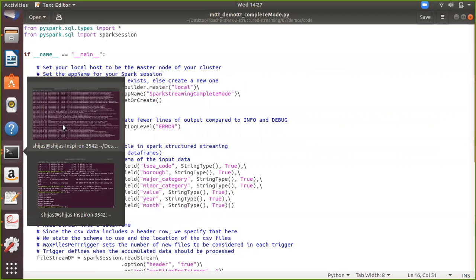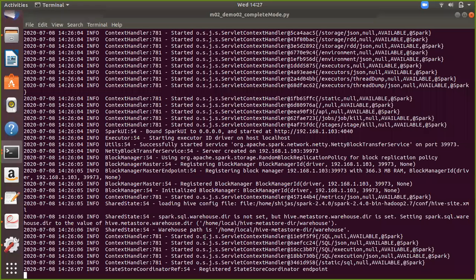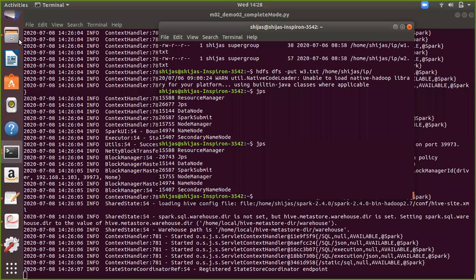Let me check if any other programs are running here. It's taking more than the expected time to start. Let me copy one file here.